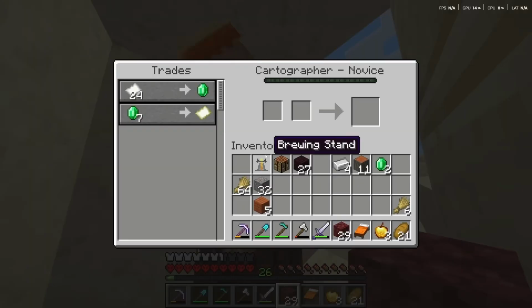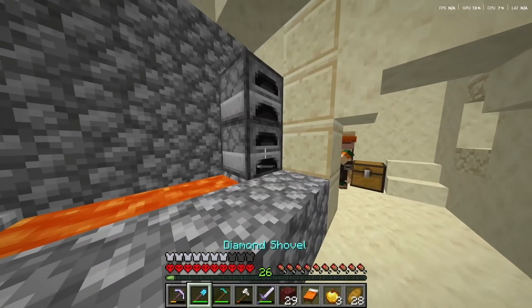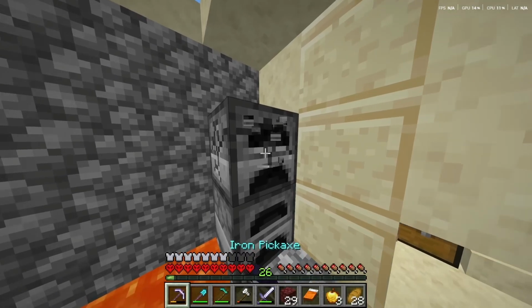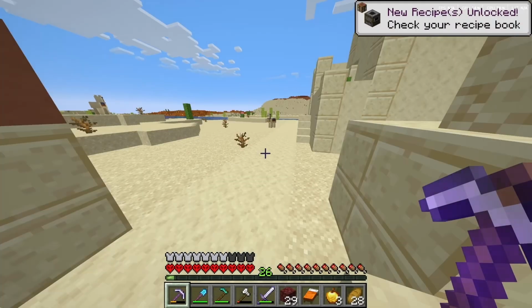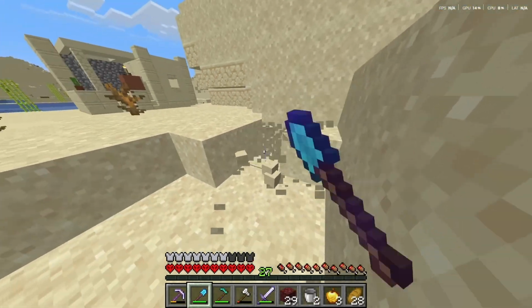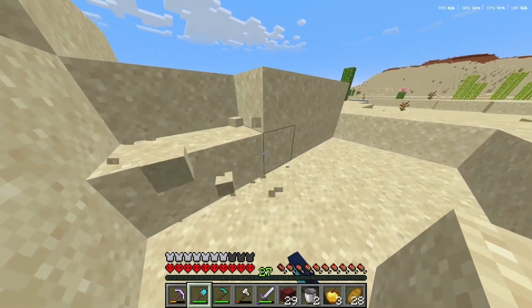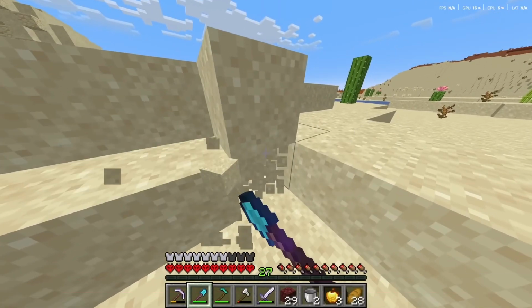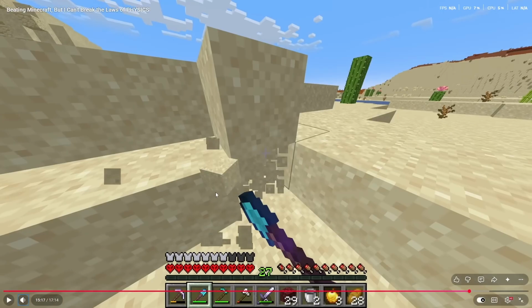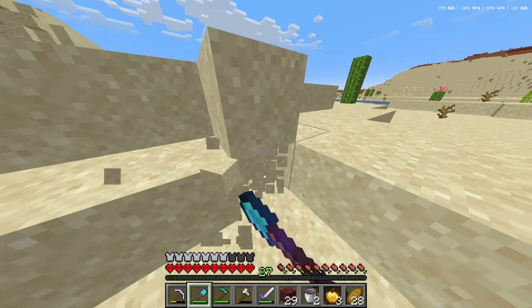Ooh, okay, here's the cartography table. That's goated. Let's go. We needed these furnaces. Yes. Okay, now we're cooking. Look, the nice thing about sand is that I don't even have to worry about gravity. It takes care of it for me. I understand it now. When he explains stuff, he pulls down. It's like he's pulling down on the LED thing where you used to have in school. So that's what it's supposed to represent.